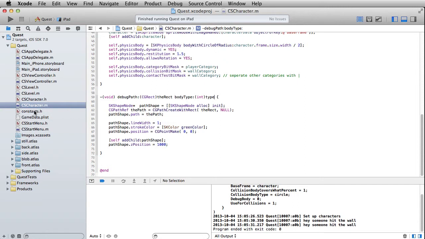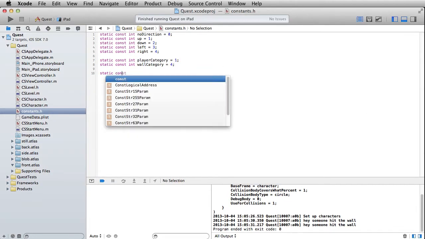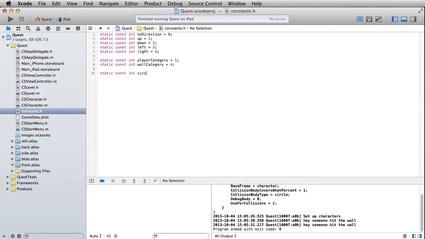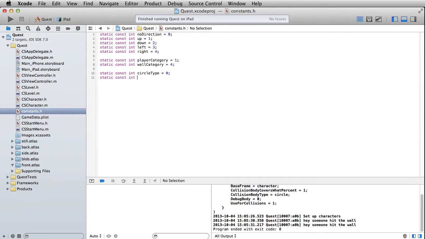And let's go over here to our constants file, and let's add in static constant int circle type. It's going to equal 0, and static, this is where copy and paste comes in, square type. Alright,